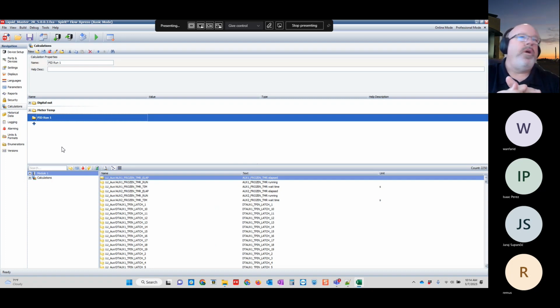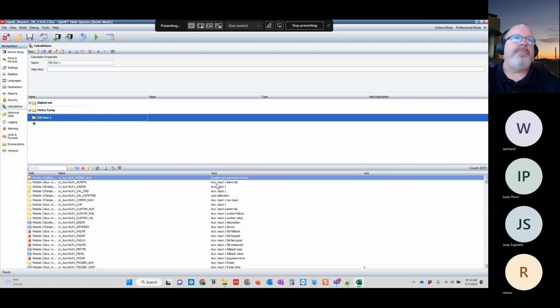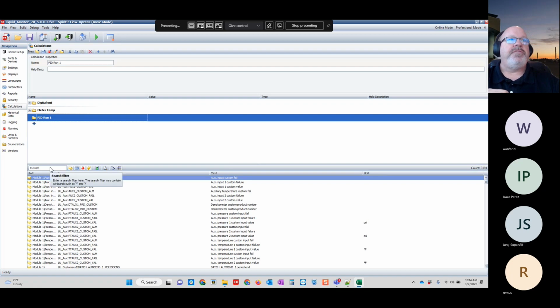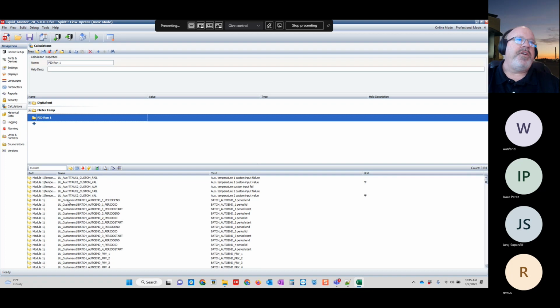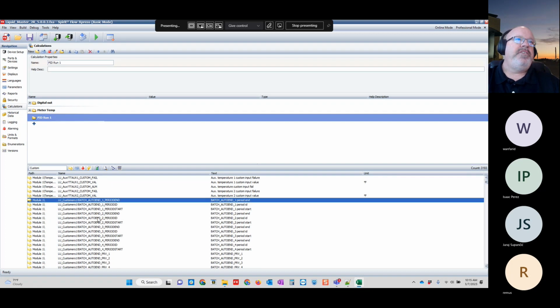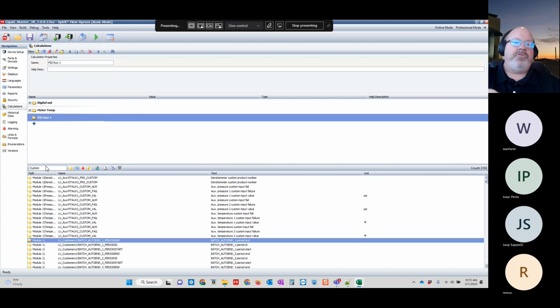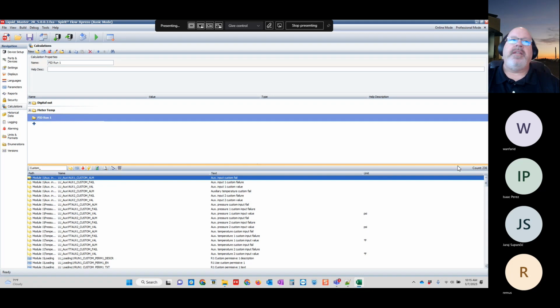So now I need to find what that permissive is. So again, I know it's custom, so I could look for the keyword custom, and I'll show you if I'm searching for a keyword. I'm going to go back over, and I'm going to search for custom here. Now, if I just search for custom, you'll see that I do get custom values, but what you'll also see is I start getting customers. So how do I clip that off? Well, most of the custom values that I have have an underscore. So I can just put an underscore in there, and that will eliminate and get me down to 236 different